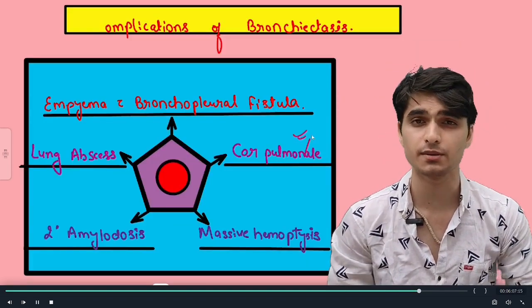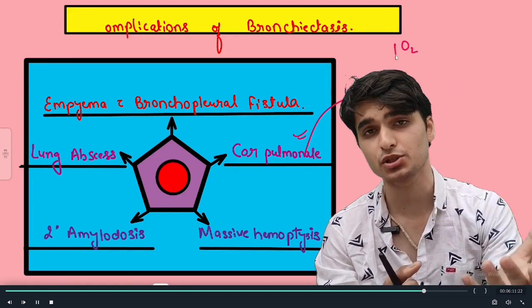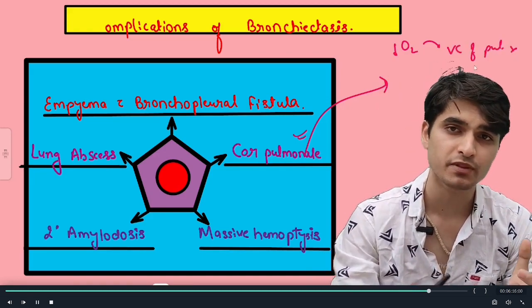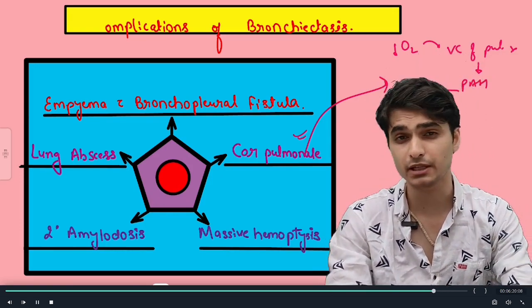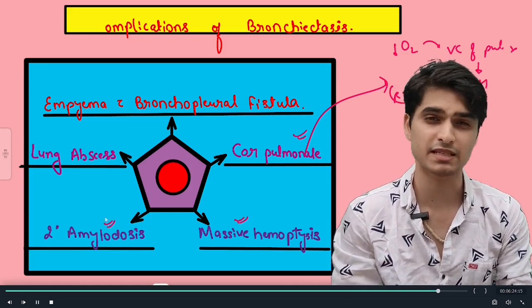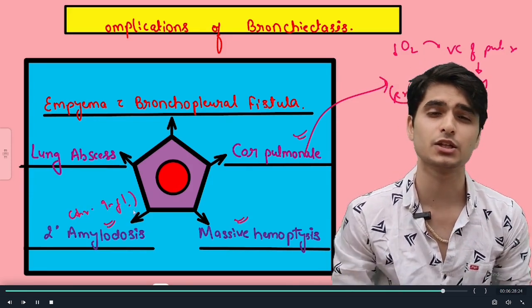So first one is cor pulmonale. What is occurring here is that there is destruction of parenchyma, and that is causing hypoxia and resulting in vasoconstriction of pulmonary vessels, and that is causing pulmonary artery hypertension and causing right ventricular failure. And the next thing is massive hemoptysis, followed by secondary amyloidosis, since it is a chronic inflammatory condition,